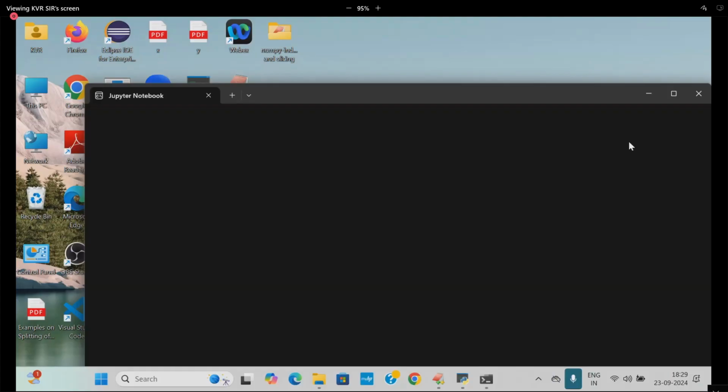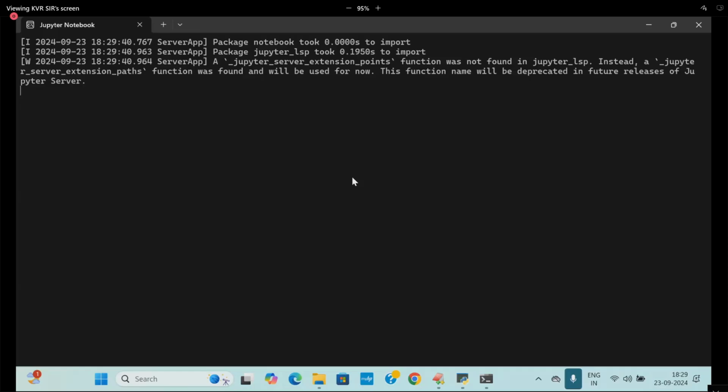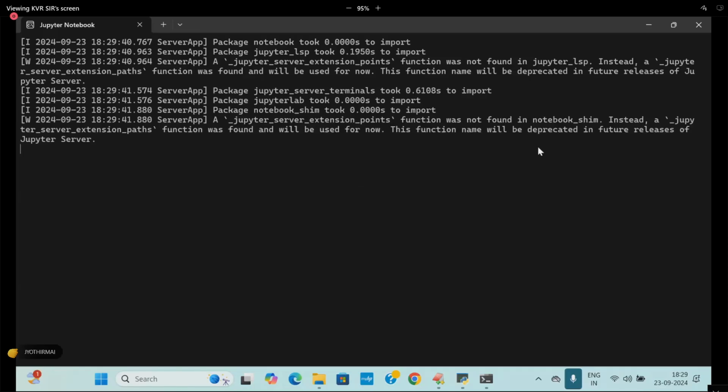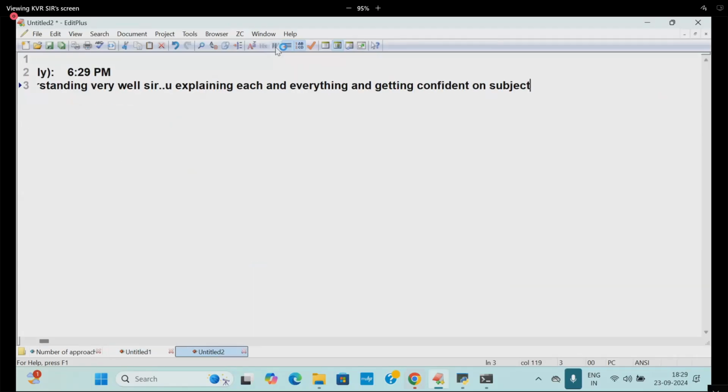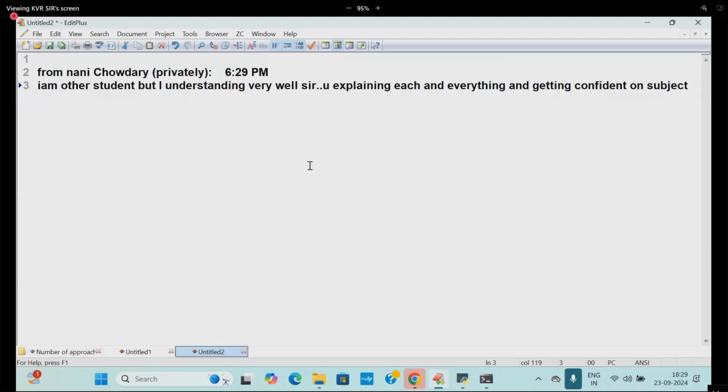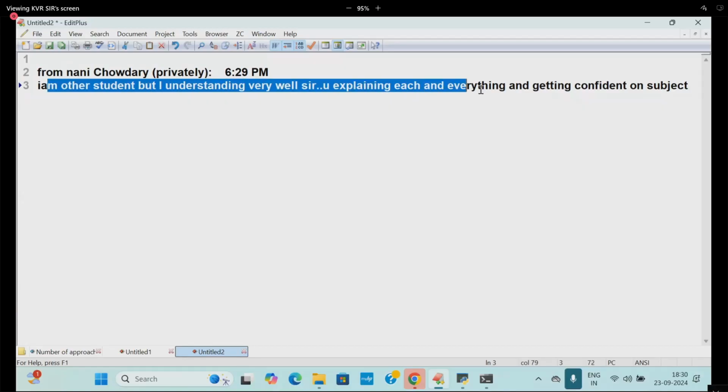One message to other batch students: why I'm giving a special offer to other batch students is, if you have any doubt after the class, please approach me. I'll explain a little more clearly for you. Nani Chaudhary says, I'm from another batch but I'm understanding very well, sir, you explain each and everything and I'm getting confident on the subject. Okay, keep it up. Now I will move further.